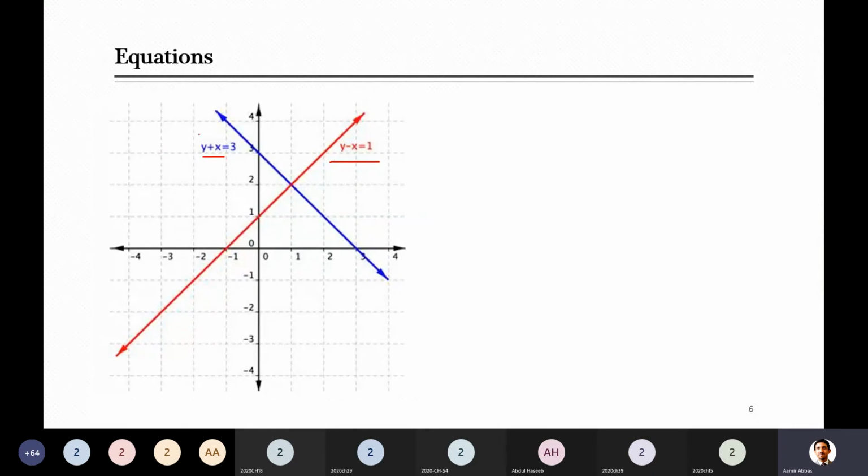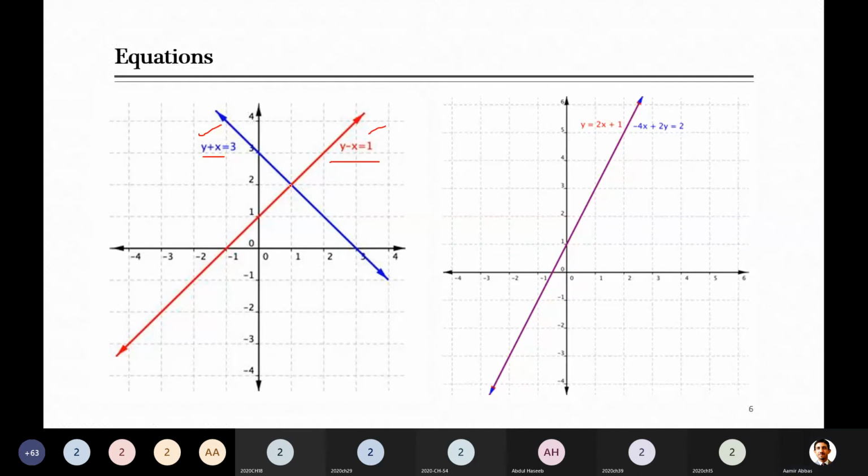What is the solution of two equations, by the way? Their intersection point. Yes, sir, their intersection point. When we say the solution of two independent equations, that means their intersection point. So when you have two different equations, you can solve them and find their solution, or intersection point. This is the intersection point where blue and red are just intersecting. They have only one intersection point, when they are independent.